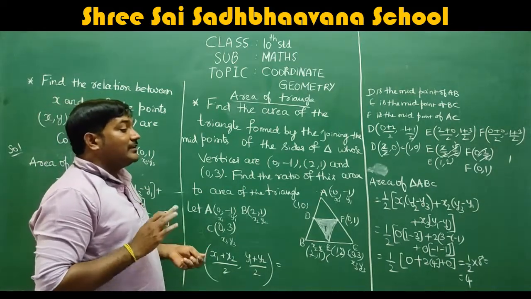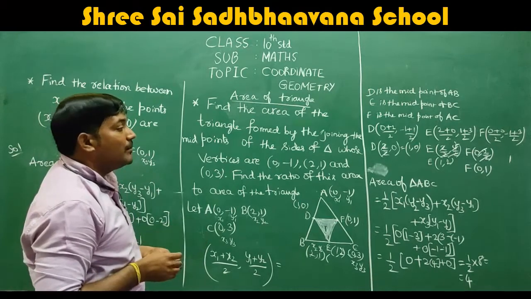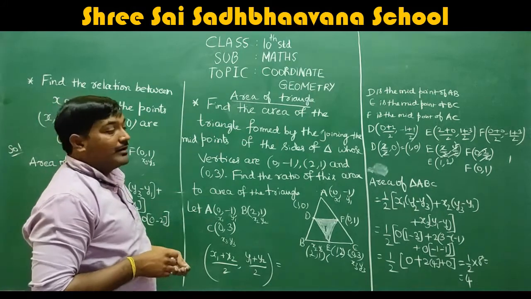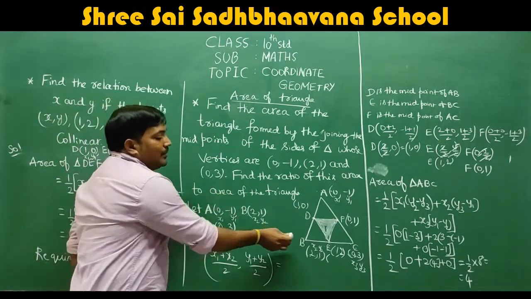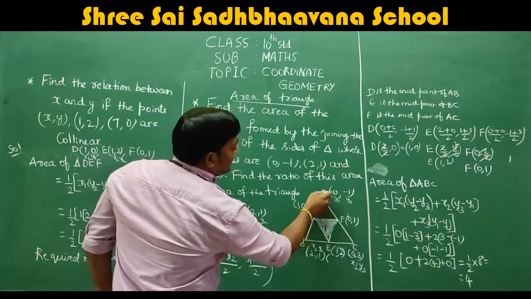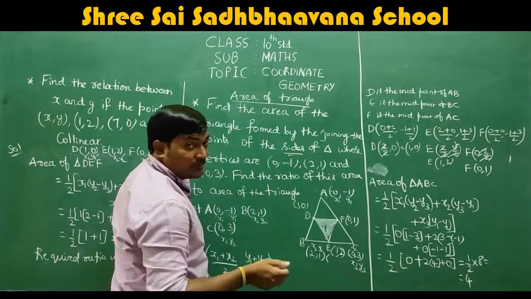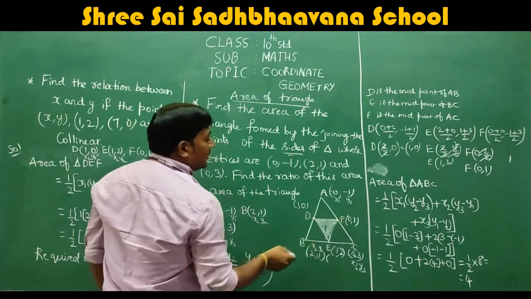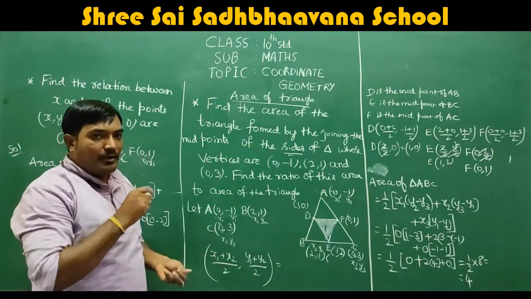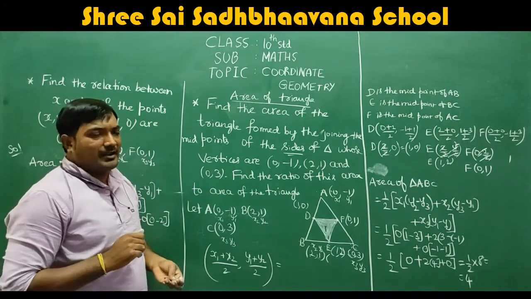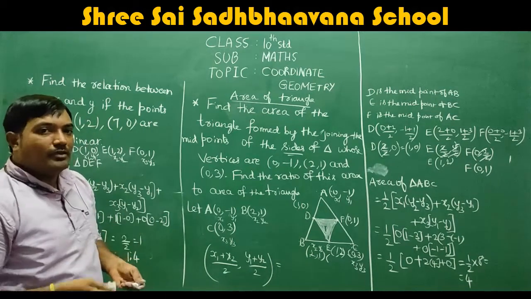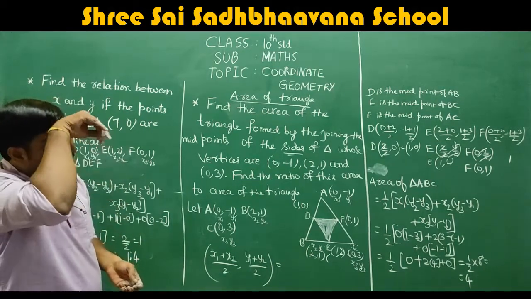And the triangle DEF is formed by the midpoints of the sides of the triangle. It means, what is the AB midpoint? They are asking you to find the AB midpoint, BC midpoint and AC midpoint. Those are the sides we have. So when you find all these midpoints and join them, you will get one more, smaller triangle. So that triangle, I named it as DEF. If we name it, it will be easy to understand. So that's the reason I named it as DEF.